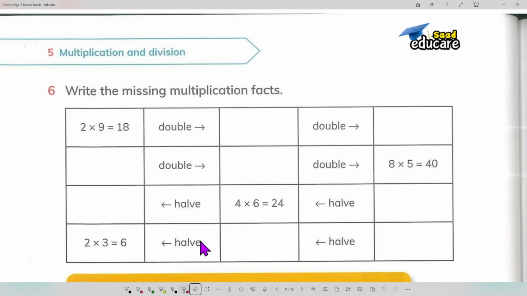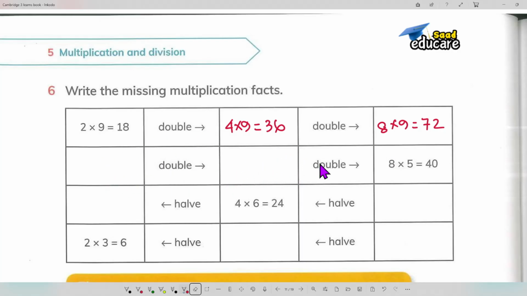Number 6, 2 times 9 is 18, then double, it will be 4 times 9, it should be 36, and double, it means 8 times 9, it should be 72, right? So here and here we have to